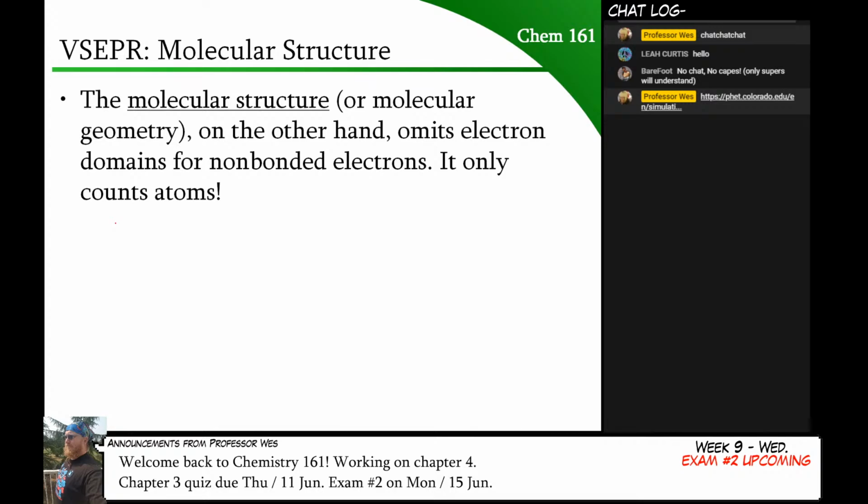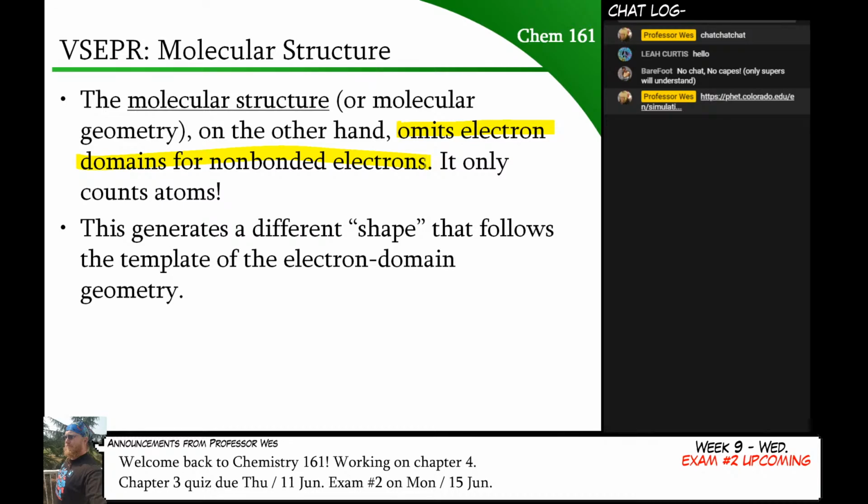All right. So again, the molecular structure of a molecule uses the base template for whatever molecule we're looking at. So if we were looking at something with 5 electron domains, it'd be trigonal bipyramidal. And then we start omitting electron domains for any non-bonding electron pairs that are present. For those, we just don't put an atom there. We just put 2 dots, and the shape remains in that configuration, but there's no atom there. And so the overall structure of all the connectivity of the bonds ends up looking different. Okay? So we omit electron domains for non-bonded electrons.